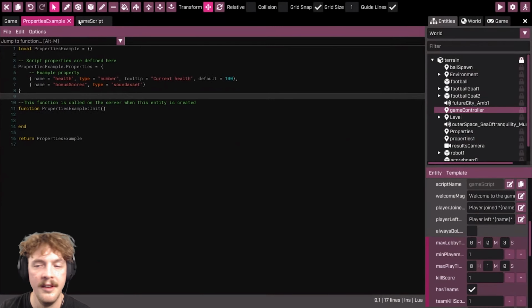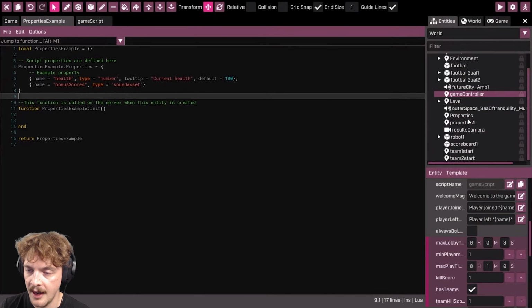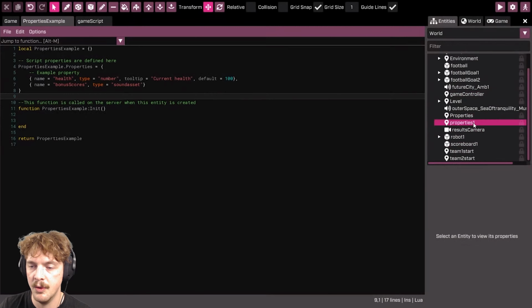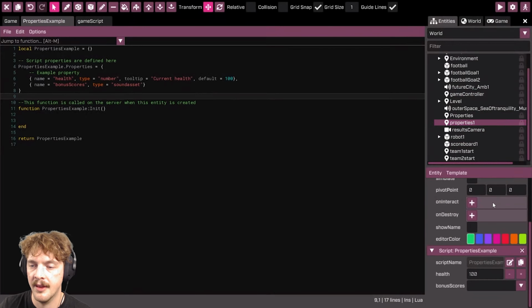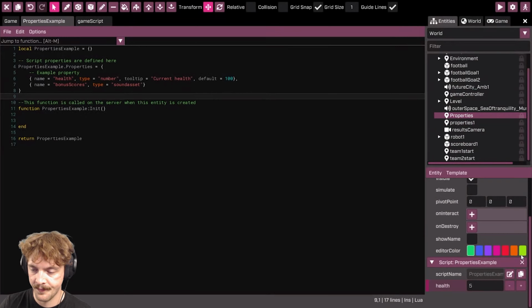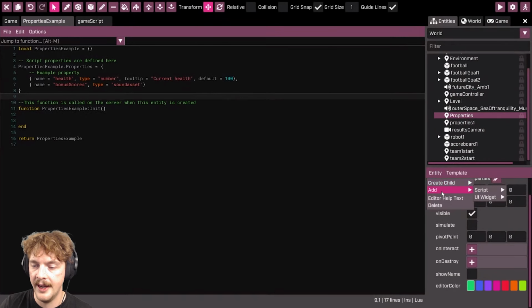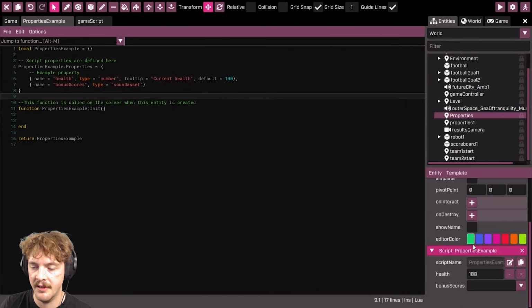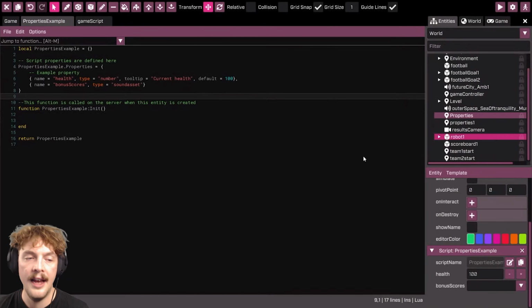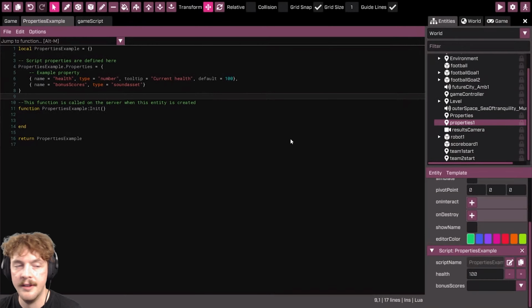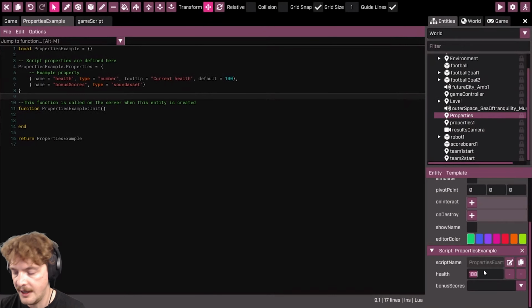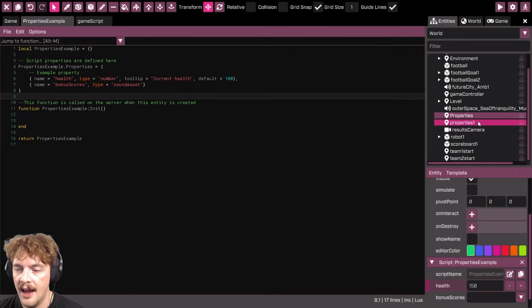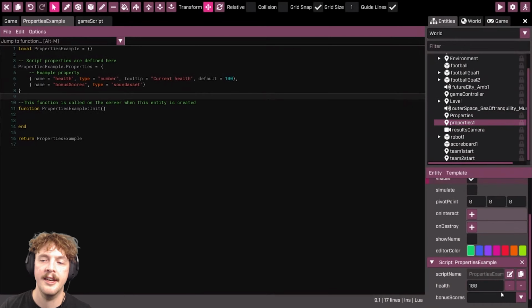Here I have this properties example, and you can see there are two identical locators here. If I add this properties example script to these, then you can see that whilst they have the same values to begin with, if I change one of them, it won't change the other one, which means I can make these very, very easily reusable.